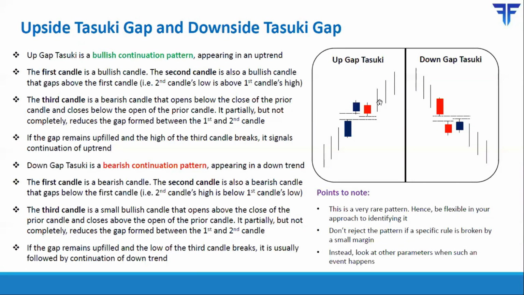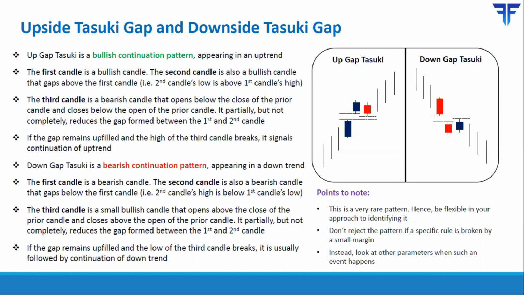So going forward, for instance, if the price does not continue going up once you buy and starts heading lower, if this gap gets filled and if the selling pressure is prevalent, then you should exit your trade. So you should wait for price to sustain below this gap. In case the pattern does not work out as expected and price starts falling, and if this gap is filled, then you should exit the trade.